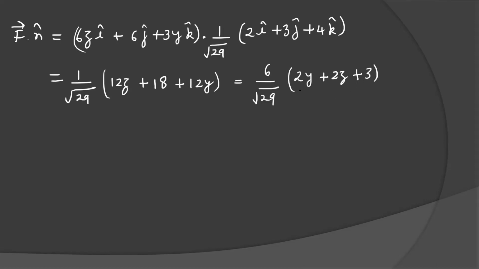It means you have only y and z components. So it will be better to take dA in the form of y and z. That will be dA equal to dy dz over n dot i. If your component is x and z, then take dx dz. If your component is in x and y, then take dx dy. If all are present, then you put all three dA in dx dy, dy dz, dz dx. Select the dA which simplifies your calculation.